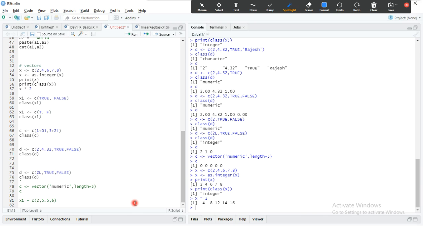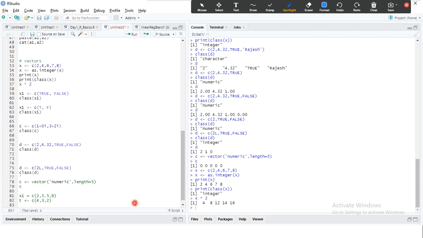They would have used this one as an assignment operator. And I am going to use 4, 3, 2. Supposing I want to check the remainder of the first vector. I have two vectors here, and x1 percentage, double percentage you are supposed to use.